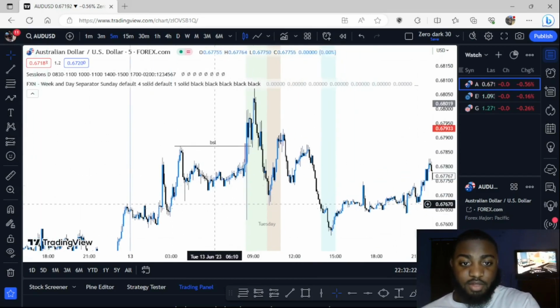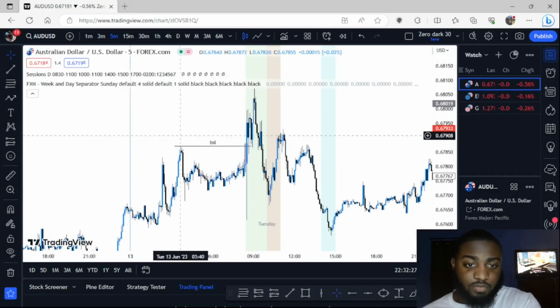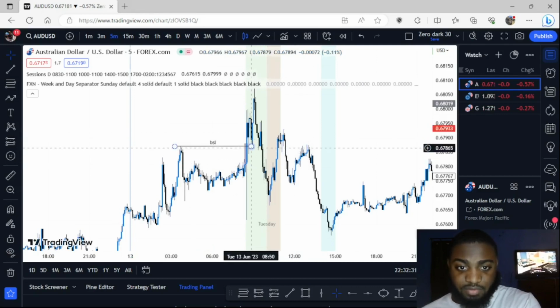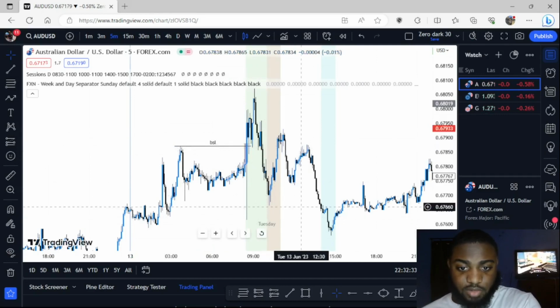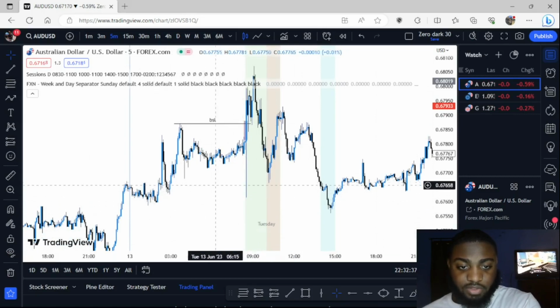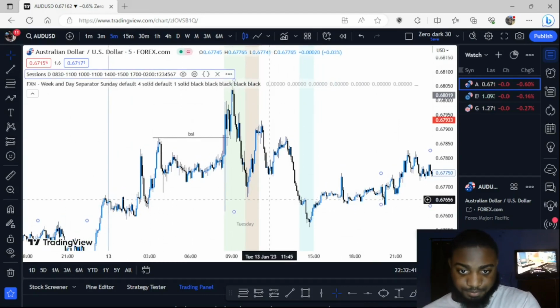Sweep of buy side. So you got a sweep, which is cool, which is what I wanted. You got a sweep, so then what? Now we're looking for a bearish breaker structure so that we can take out the sell side liquidity. So we took out the buy side liquidity for the session. Now we're looking to take out the sell side liquidity.